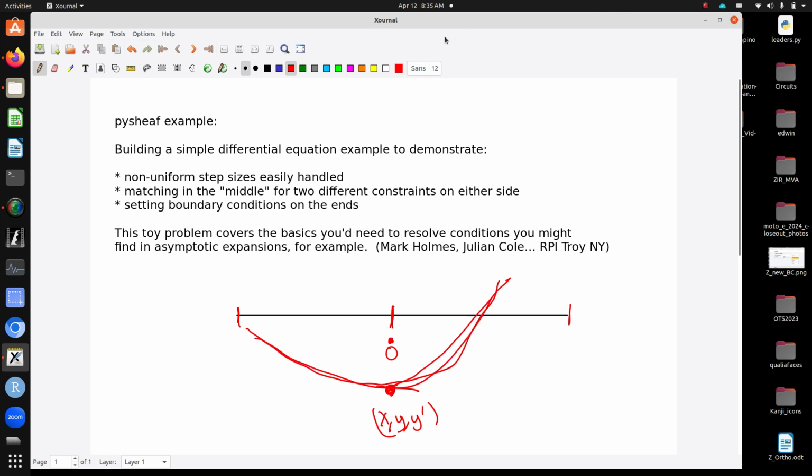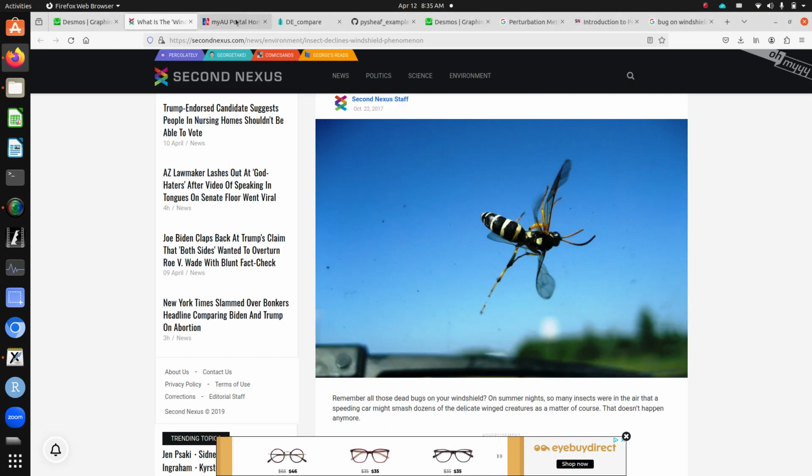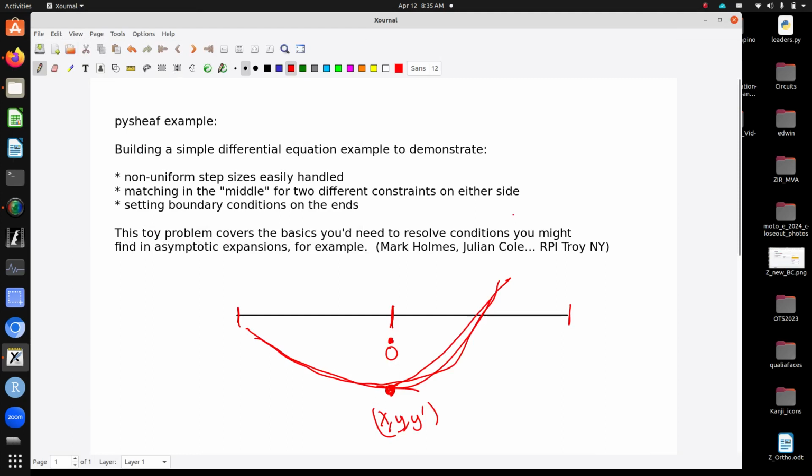So what I ended up with is, on the left side, x squared minus 9, and on the right side, minus 9 cosine of pi over x. And that gives me